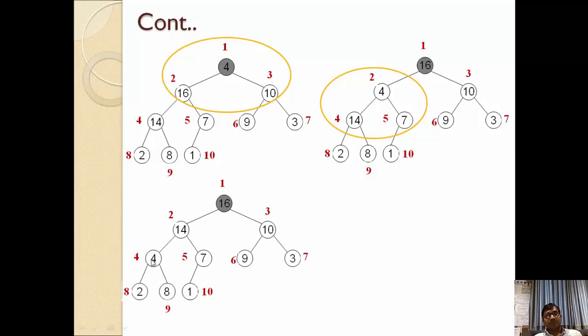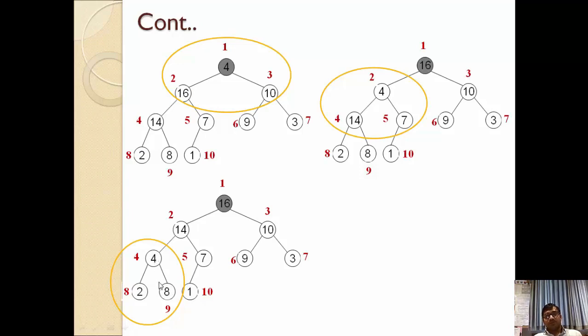Now again once we check this 4, we need to check until our leaf node. So we started from the root node, then we checked the second node, then we checked the fourth node. Now here in this fourth node again it is not satisfying the property of heap tree because the left child is less than the 4 but the right child is larger than the parent node. So as per our rule, the parent node must be larger than the left as well as right, but the right child is larger than the parent node.